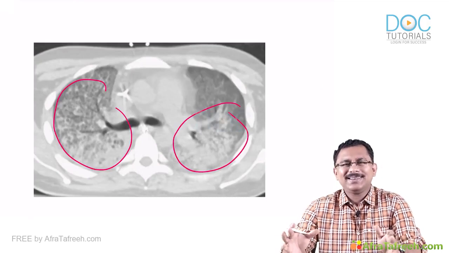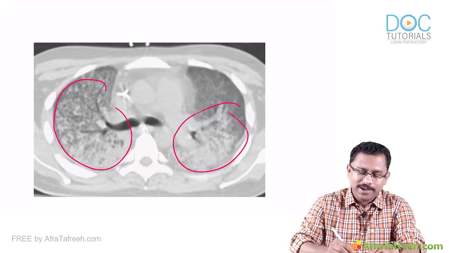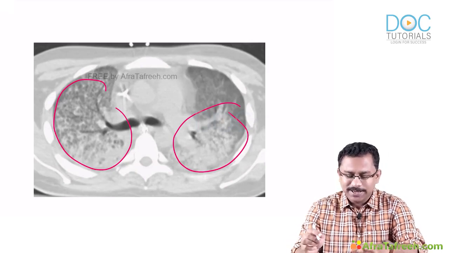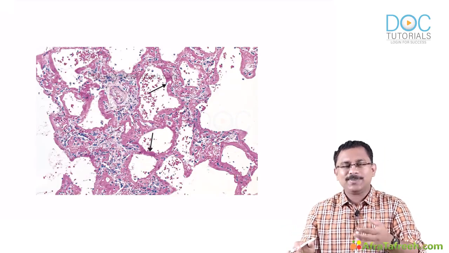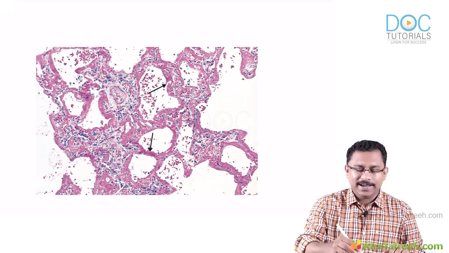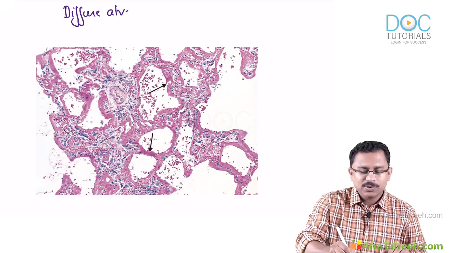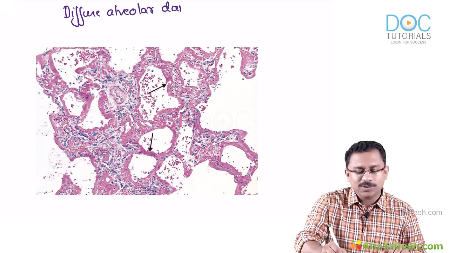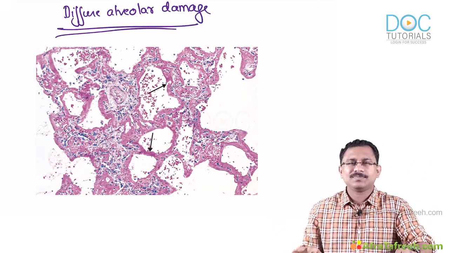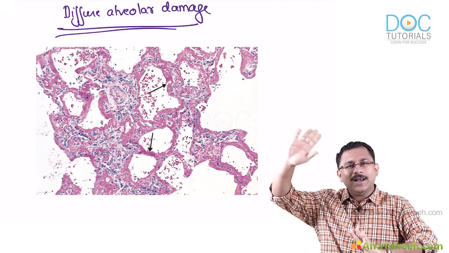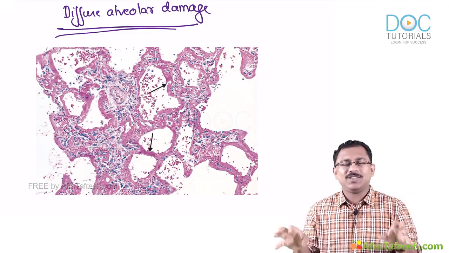Now remember that in this entity ARDS, the pathology is very much heterogeneous. Though I'm showing the histopathology, an autopsy specimen of the alveoli in a patient who died with ARDS, showing diffuse alveolar damage, yes, it is correct that there is a diffuse alveolar injury, but there may be some alveoli that are spared also. It is not like the whole lung is involved every time. So it is a heterogeneous pathology that occurs.